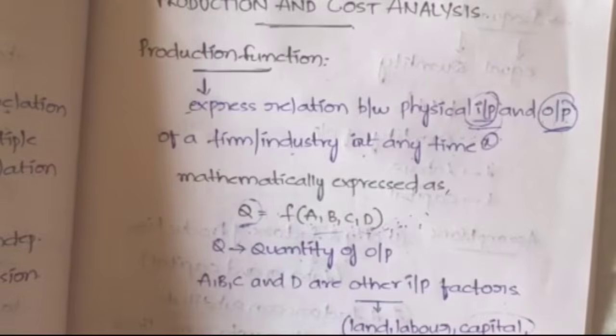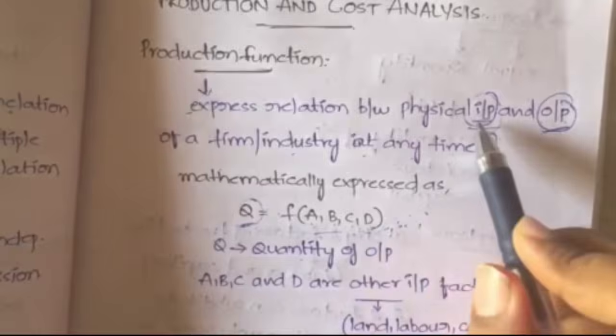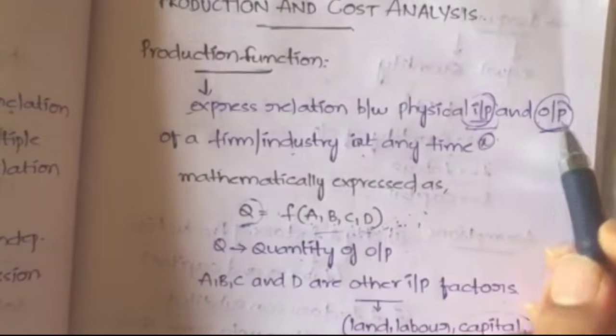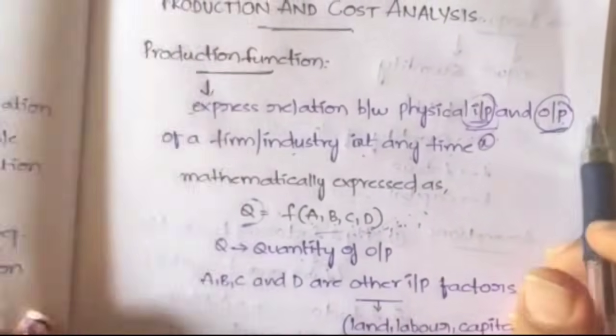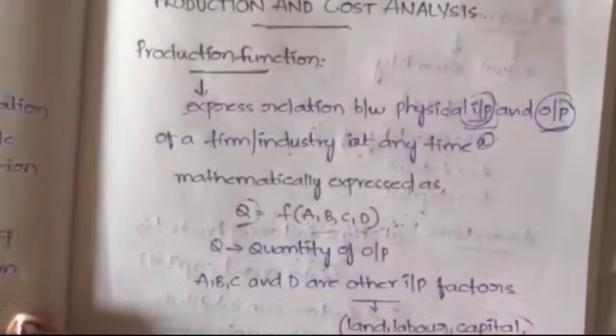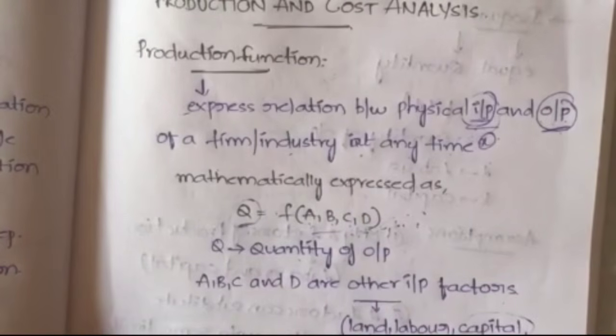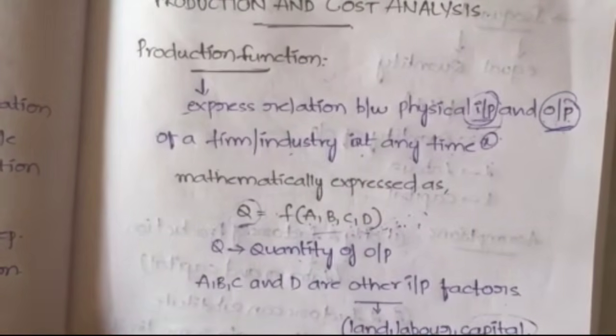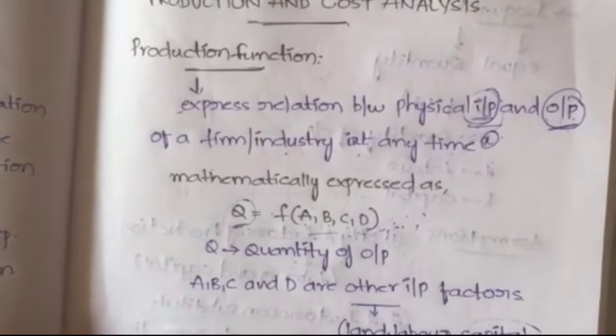So in this video you have learned about the production function, right? You got clarity on what the production function is. It is nothing but it gives us the relationship between input and output factors. You also know what the input factors and the output factors are, right? So in the coming videos we are going to learn about the isoquant and also the isocost and their graphs and all.